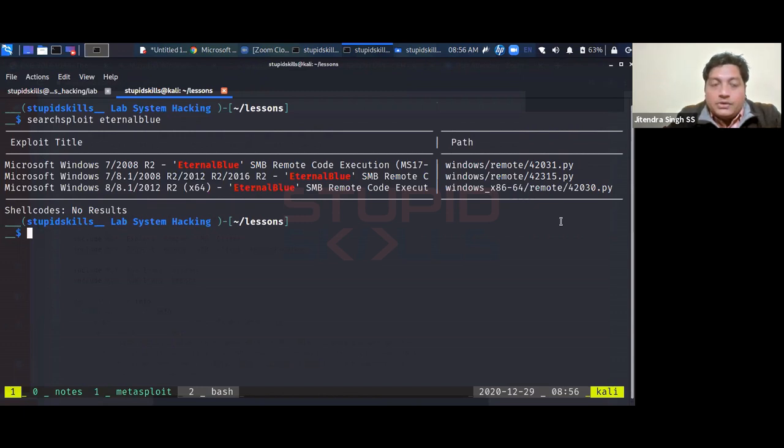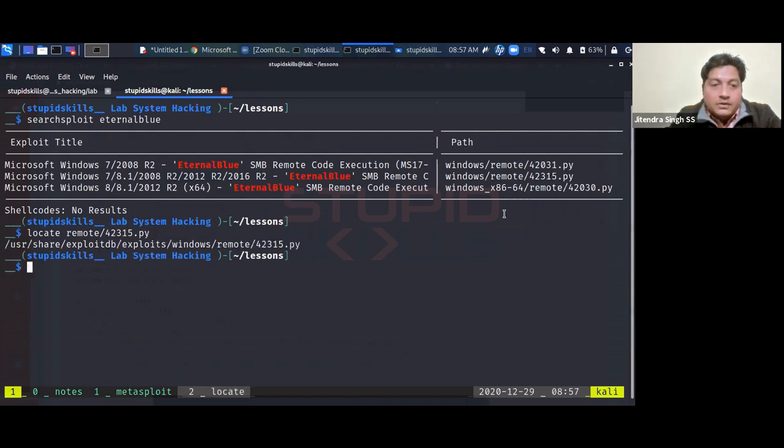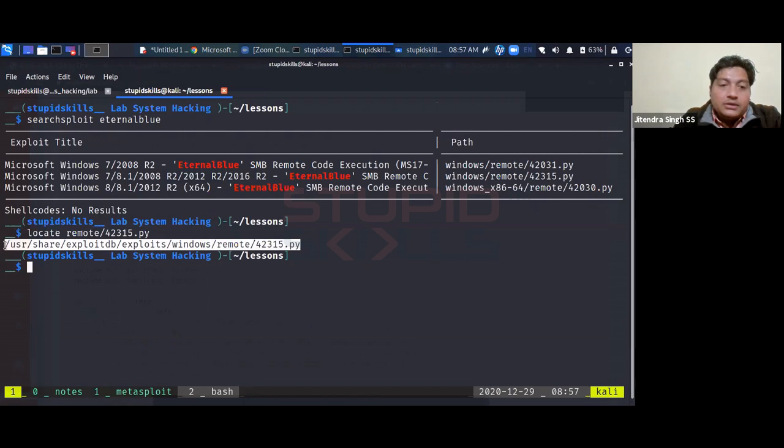Now, the search exploit would give you the path of a module, and say it's a Python script, I can actually locate it. Probably it should be there on the system. 42315. Yeah, it's there. So you can see that it is actually part of Exploit DB, and under exploits, under Windows, it is there. But this particular path you might not be able to use with Metasploit,